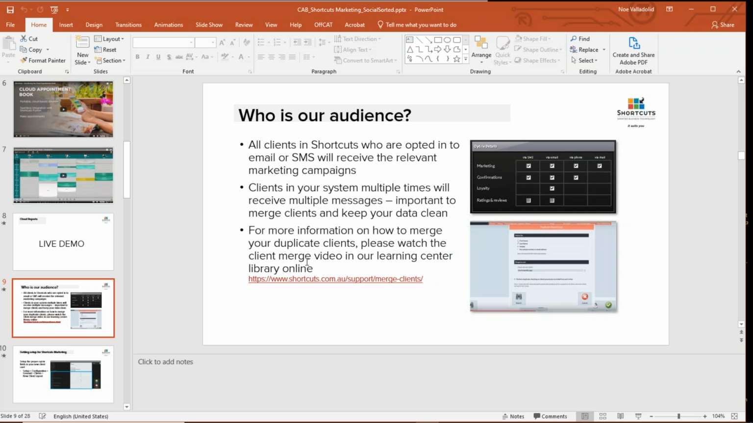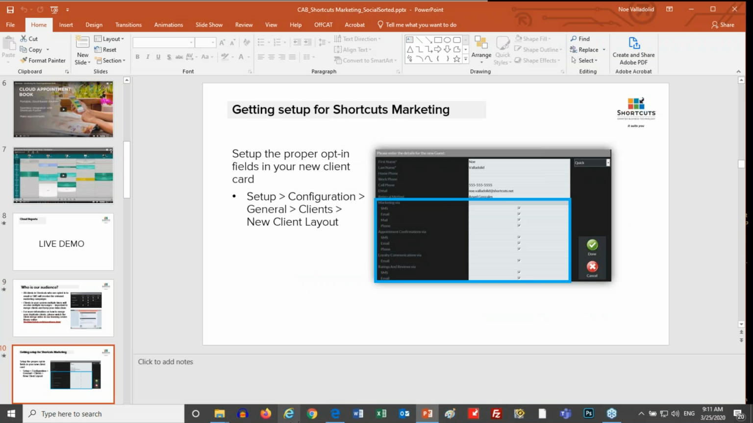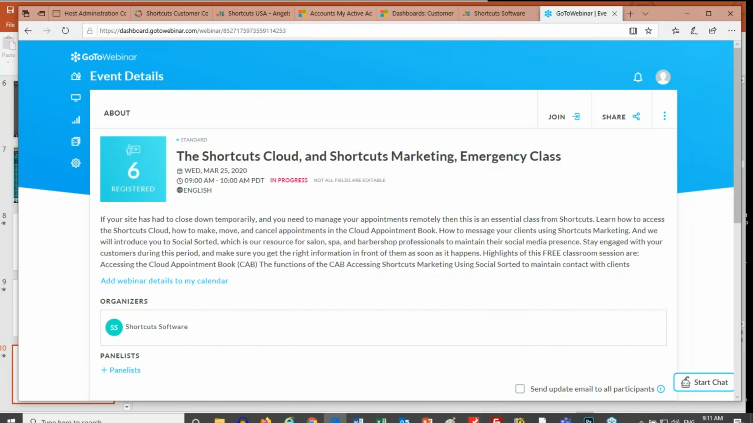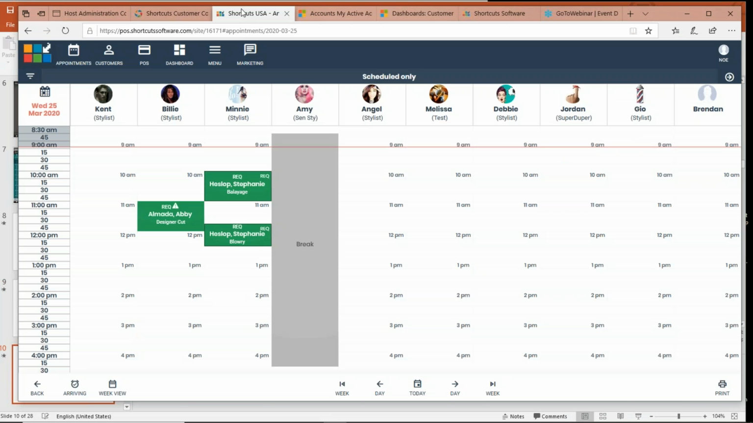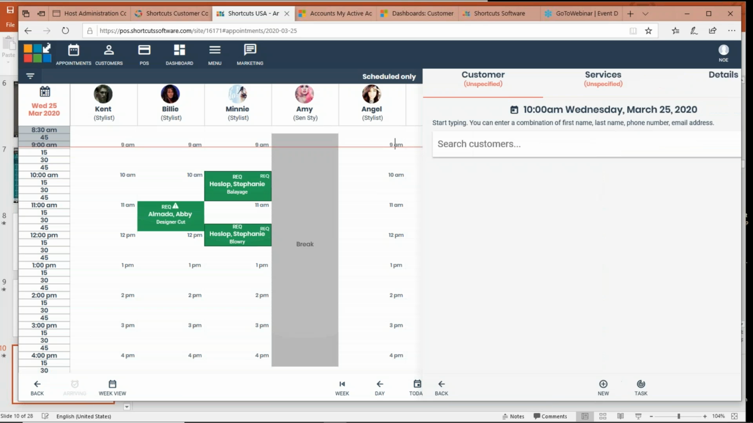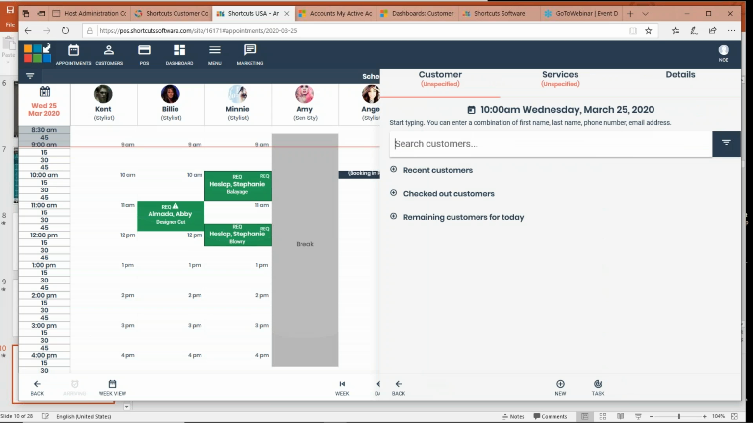So we're actually going to get out of here for a moment, and we're going to go to the actual cloud page itself. So in this case, we have a couple of appointments. And to make an appointment, let's say we're going to make an appointment for Angel at 10 o'clock. I'll click on her opening, just as I would in the regular shortcuts. I can search for any customer that I have,